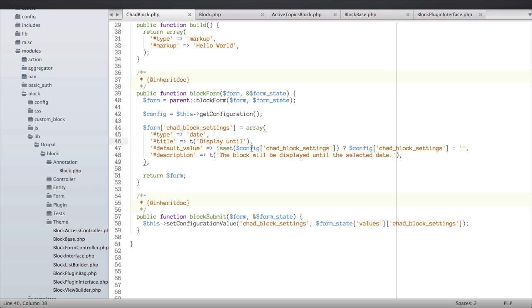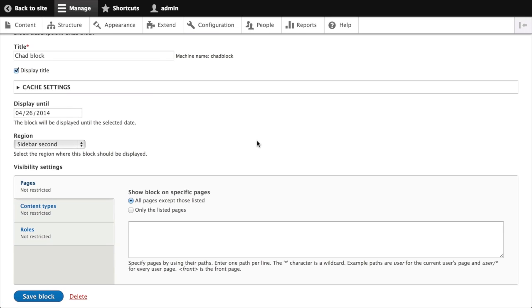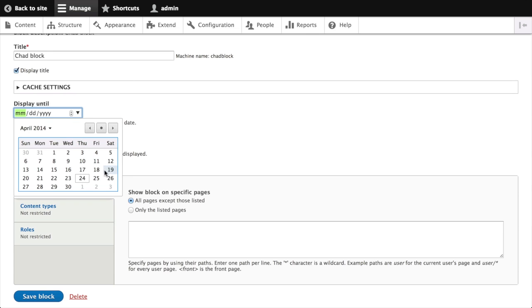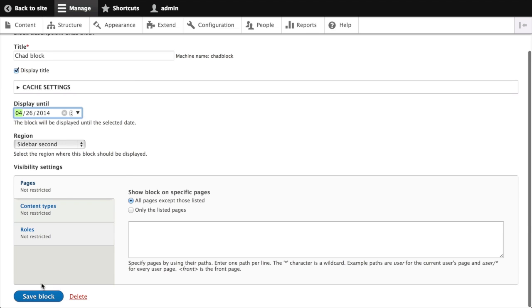And now I'm saying if there's a value for that configuration, let's go ahead and pre-populate this date field with that value. Let's take a look at all of this working. Over on our site, I can hit refresh. What I expect is I'll be able to fill out this form. So I'll add a date, we'll say Saturday. And when I click save,